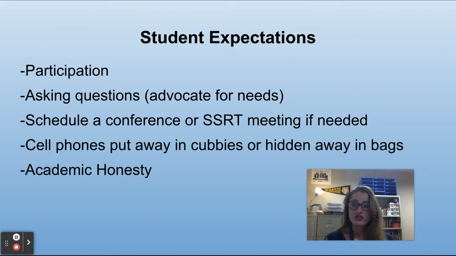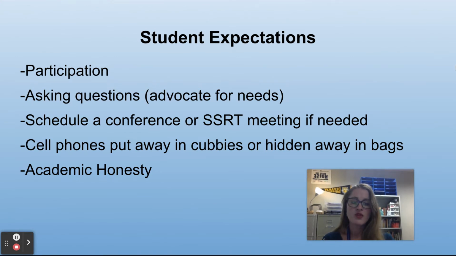During class, students are expected to have their cell phones put away. All students have a device. It's a one-to-one school. So because everyone has their own laptop or Chromebook, there's no need for the cell phones to be out. So I like to go around and check and just make sure everyone's cell phone is put away.